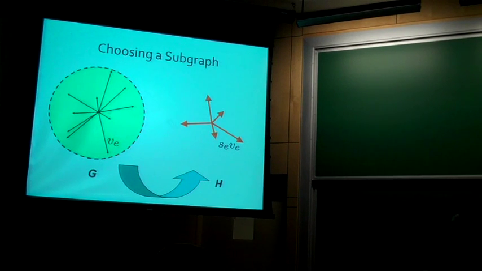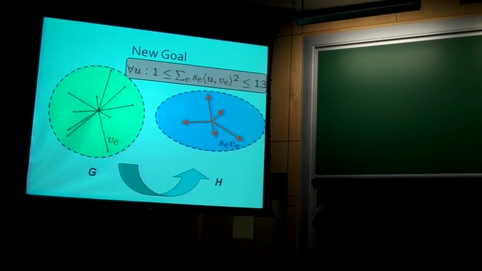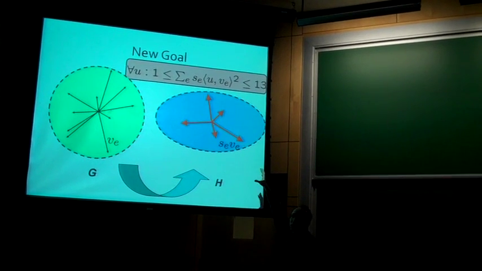Our problem is now, as I say, taking a subsample of these vectors will get us a subgraph. We'll take a subsample of them and we will rescale them, multiplying some by scalars. And we want that ellipse, when we take the moment ellipse of this piece, it's not too far from the unit sphere. In our example, we need for every unit vector u, when you look at the sums of the squares of the inner products, it's between 1 and 13, and that will suffice. So we've completely turned our problem about graphs into a problem about matrices.